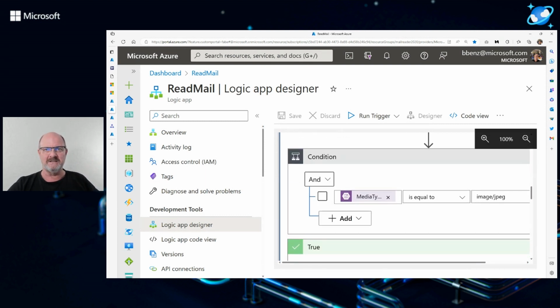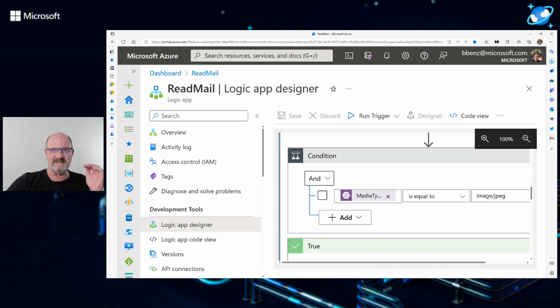That for each condition says every time there is an image, and I had to make this image equal to JPEG. That's a little tip, because there were some other things that were attachments in the email, that were advertisements and things like that, that weren't JPEGs. And if that happened, the character recognition choked on it.